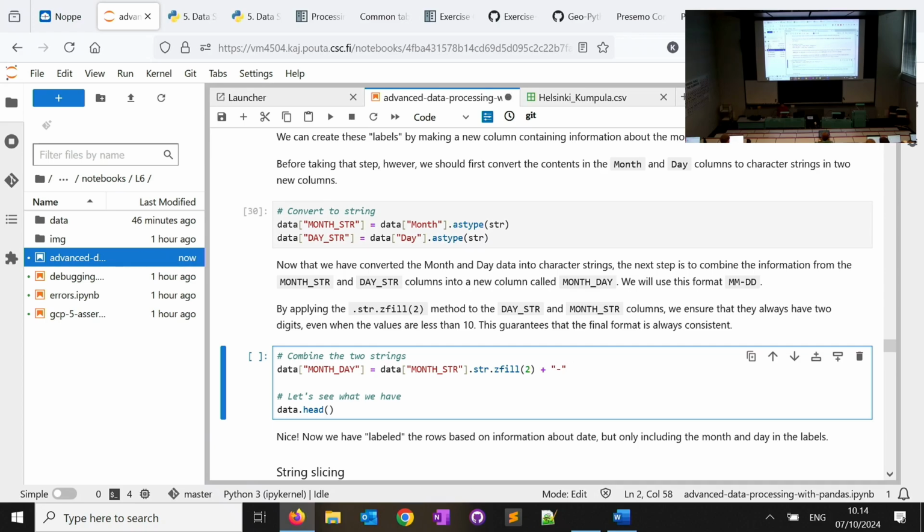Then I want to have dd. And I do a similar thing for dd. So I just use what I had in the day string, in data day_str. And I'm going to do the same thing here, using str.zfill to make sure that the output will be 2 characters.